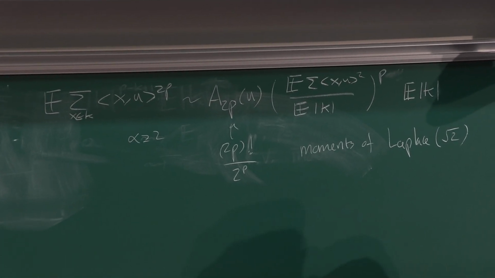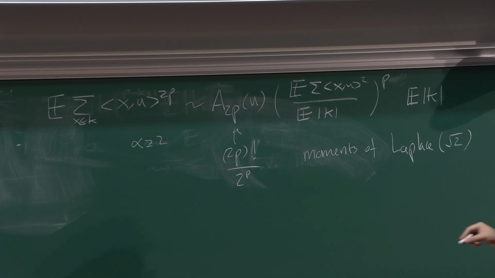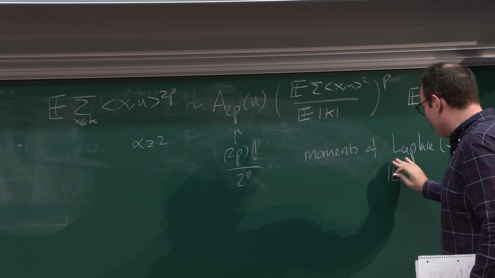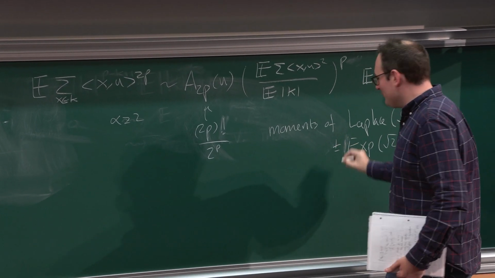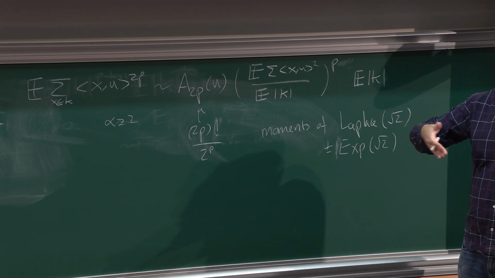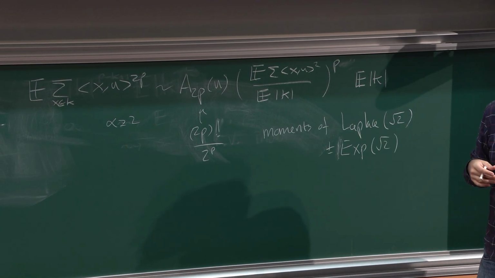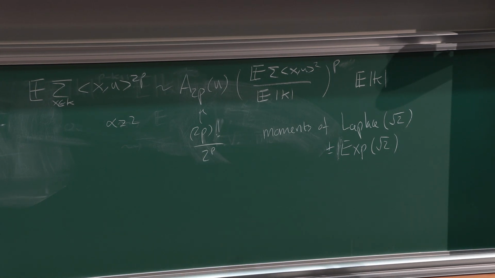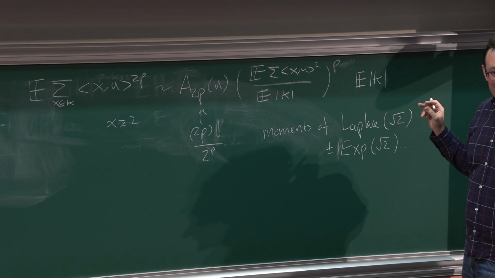Okay, what is a Laplace distribution? I don't know how widely known this is. It's an exponential times a random sign. So you take an exponential random variable of this parameter and then you multiply by plus or minus 1 with probability half-half independently. Okay, this is what's called a Laplace distribution. It actually has many other guises. In fact, if I write it this way, it doesn't really explain why you get it here.